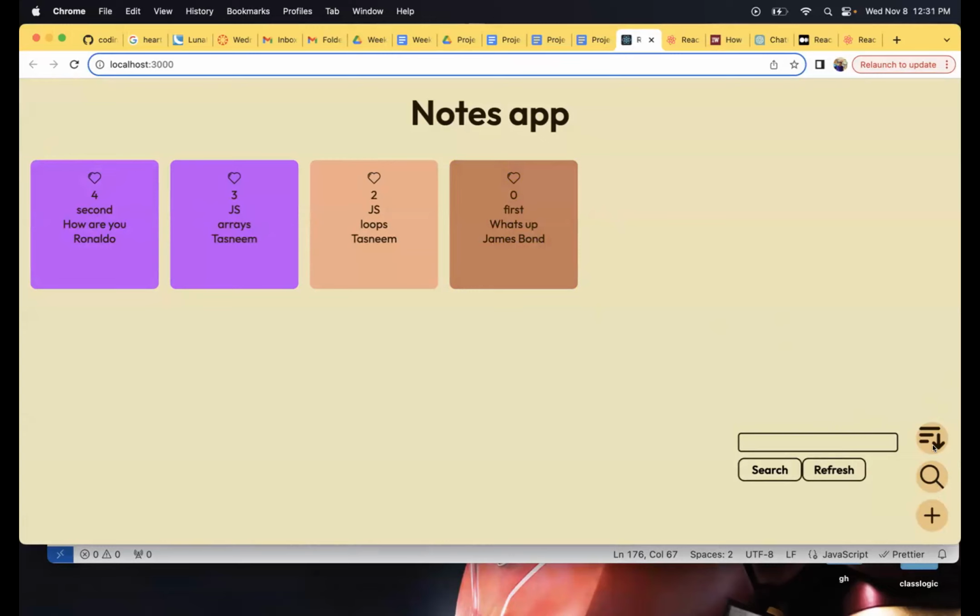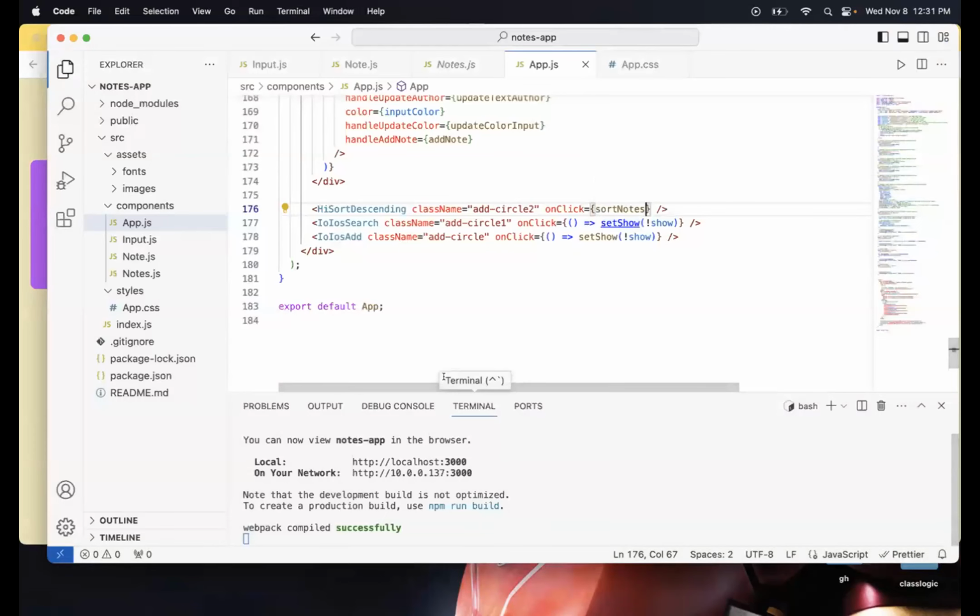Something else that we probably might want to do. Yeah. So for these, as you can see, this should only work for the search, but it is working for everything else other than that. But let me first bring in all the icons I want, because I also want a more icon.